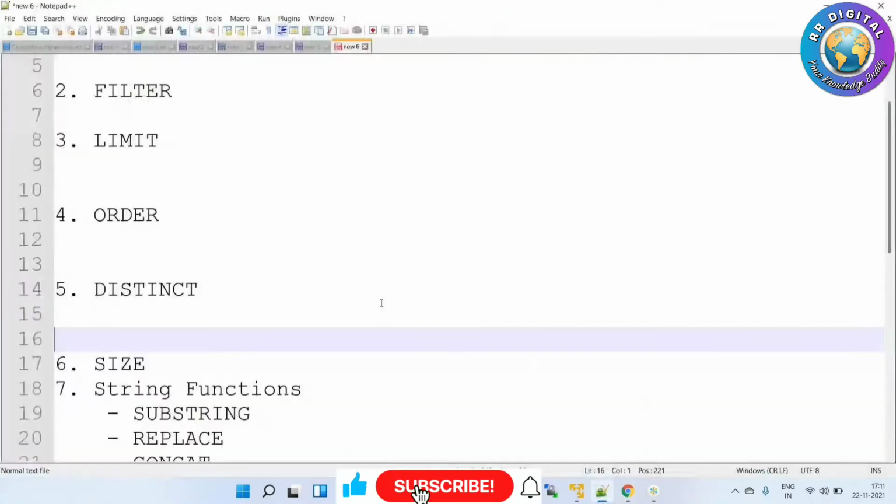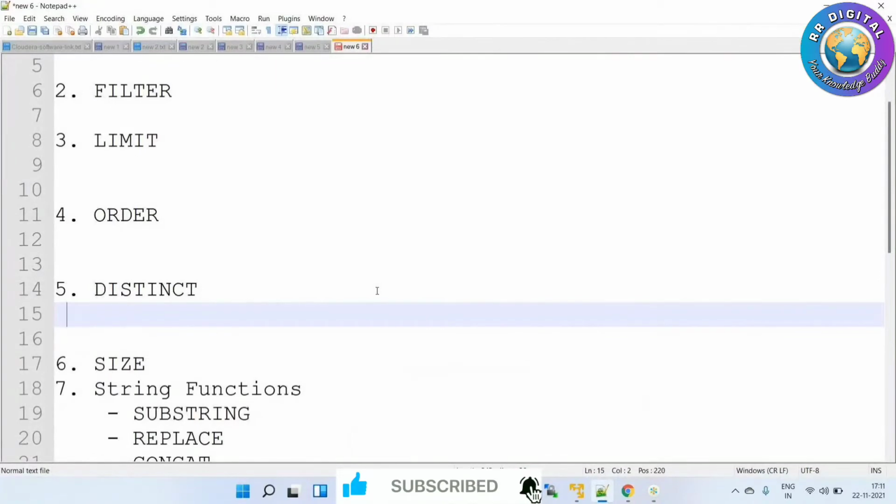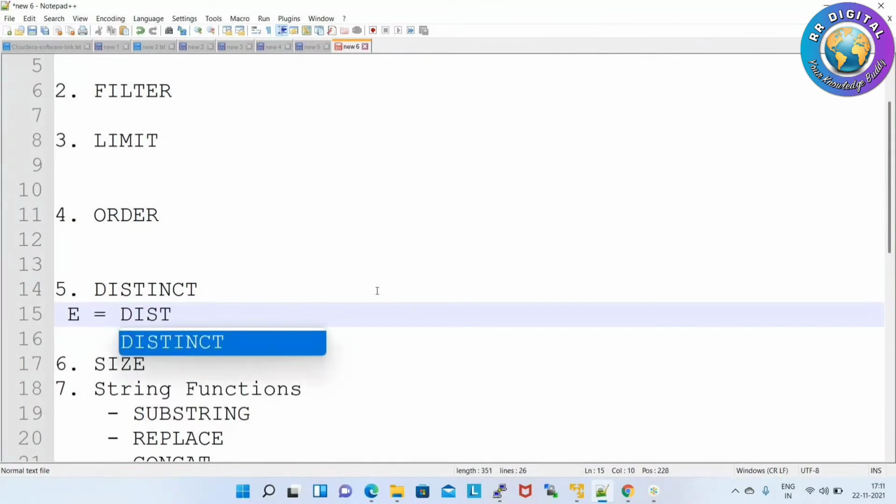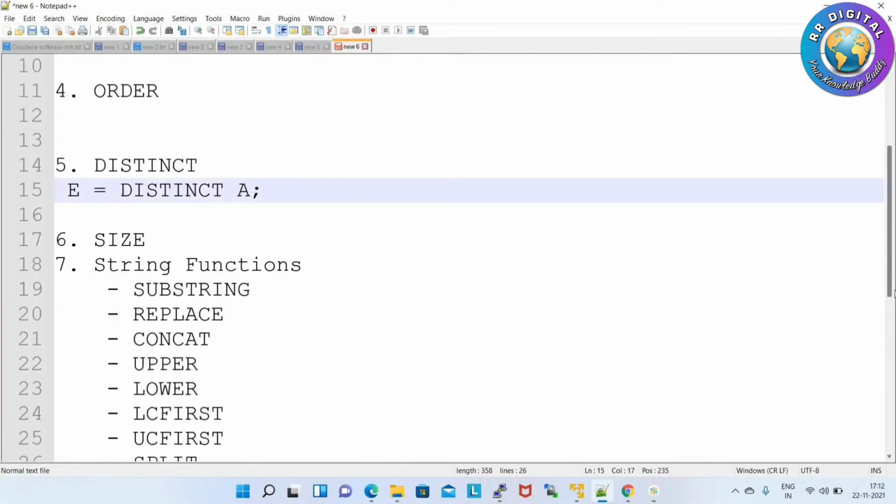Basically here you have to give your bag name equals distinct. Distinct you are applying on which bag? Bag A. Only this, that's it. Distinct and bag name. Only unique records it will populate instead of duplicate records.